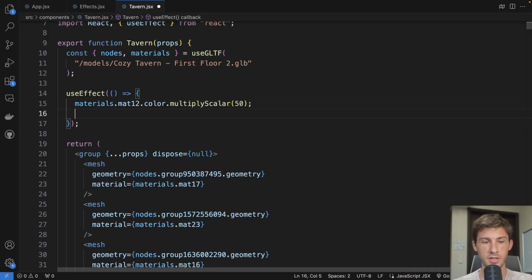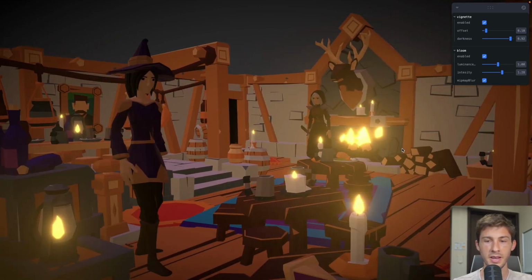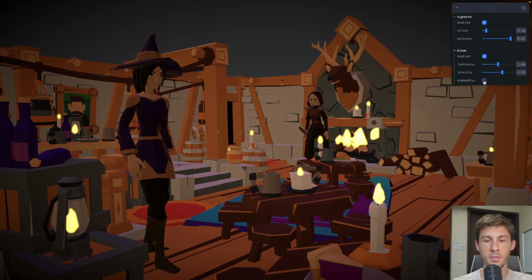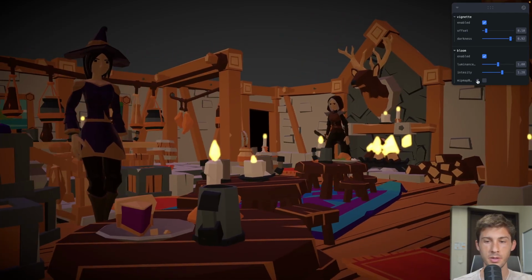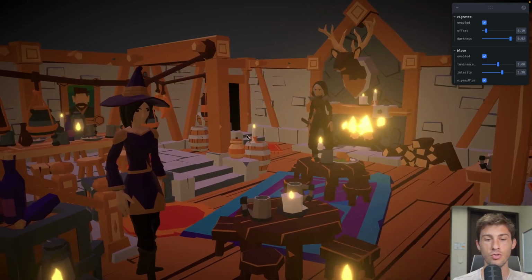We just have to edit our materials to toneMapped equal to false. Now you can see that our candles are blooming nicely. You can play with mip-map blur to see what the impact of this prop is. Now let's see how we can adjust the brightness and contrast of our scene to have more control of the